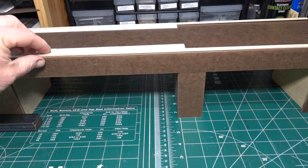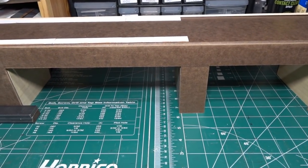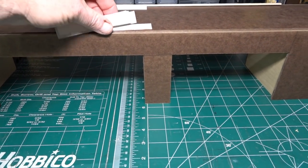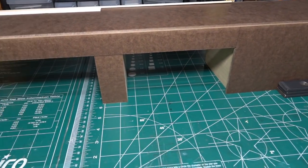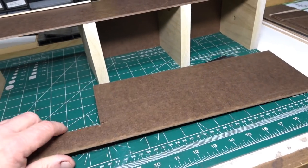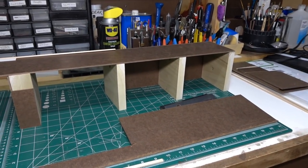Piece of strip wood to bring over. Blairline sidewalks. And then I'll just kind of see if this front piece will come off here. If I move the weights, I should hopefully be able to. Boom, okay. It fell down, but there we go. So that's how I'll build the structure of it,